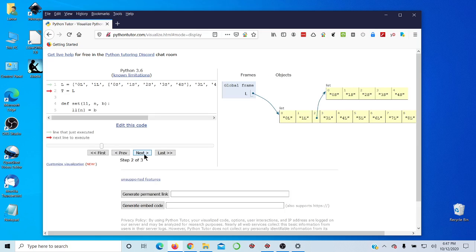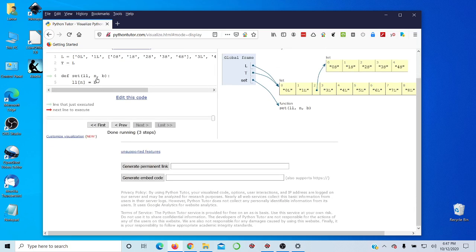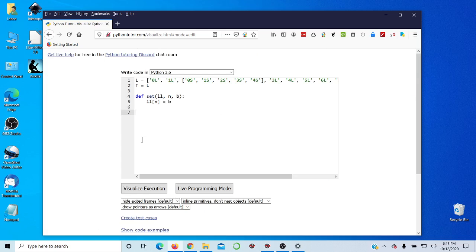So we produce the list with all that. It's L in the data frame, in the global frame. And then we do next, we get T, and now we're going to call L, so we get set, which is just a function, right? We hit this statement, it knows we're defining a function. We haven't defined the function yet because we haven't executed the function code. So we need to put in a call to that function. So let's say